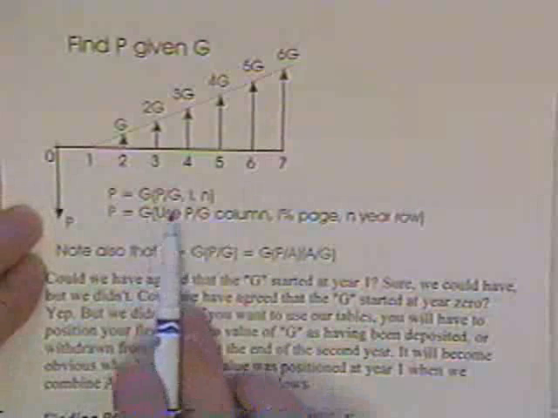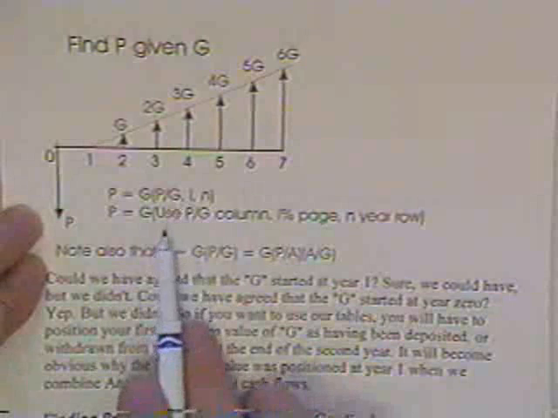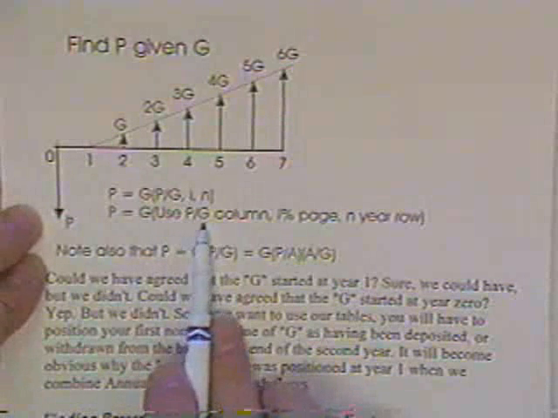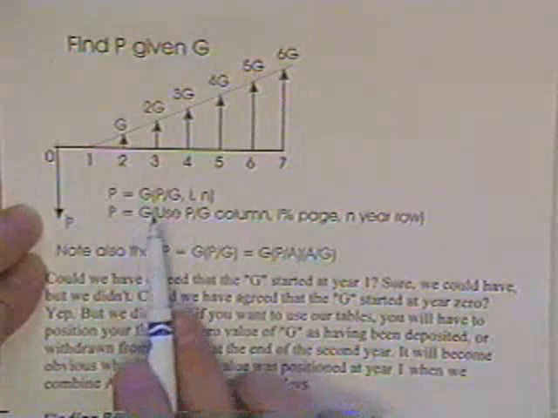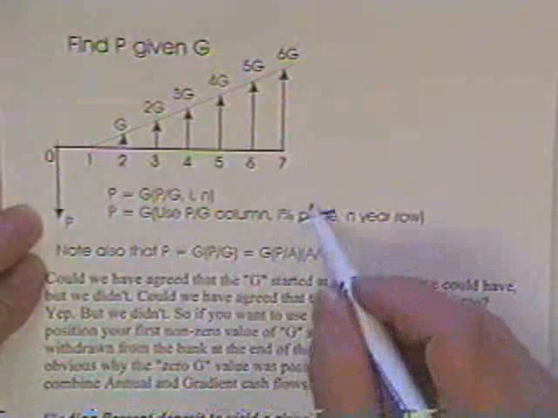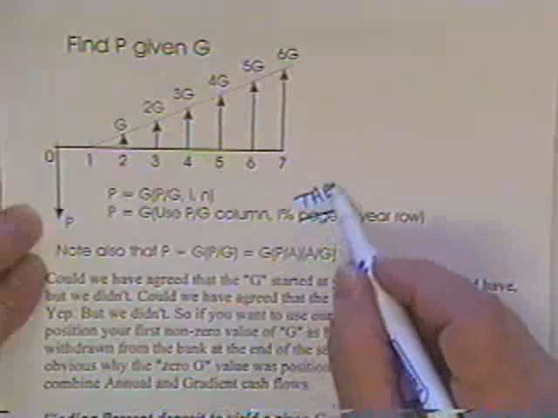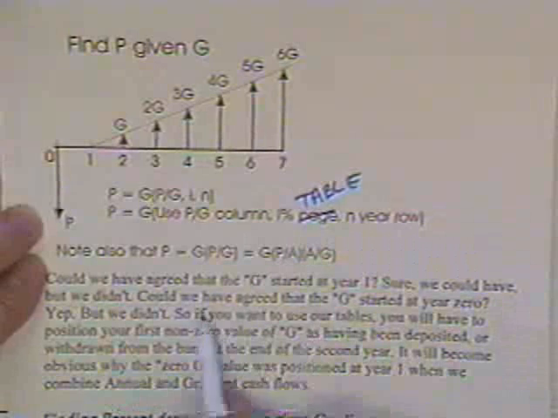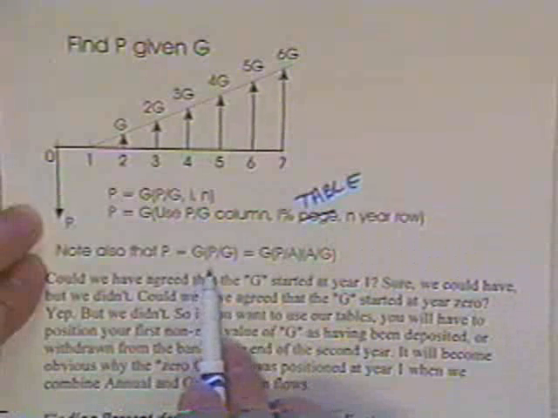Note also that you don't have to use these equations. You can use the P over G column if you're given the gradient to get P. A high percent table in year row. Now then, also I believe that